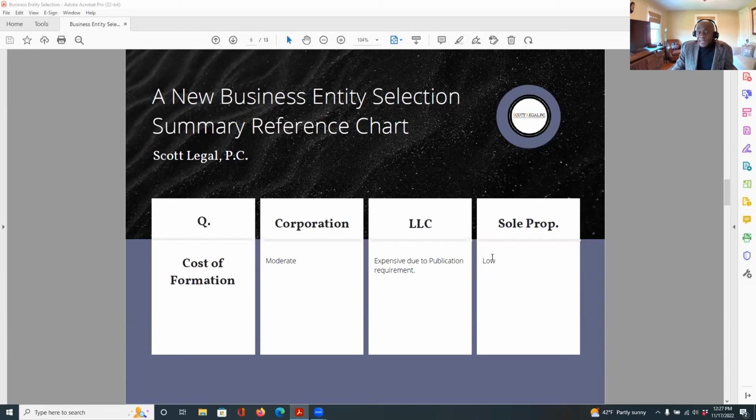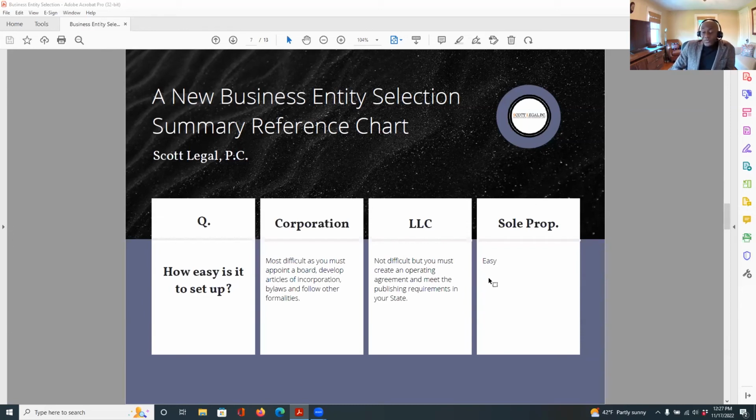And then we have sole proprietorship. That's always going to be very, very low startup costs, because you can do nothing and have a sole proprietorship, in terms of not registered anywhere, because the default is that if you have a business and you haven't registered it anywhere, then you have a sole proprietorship. So that's